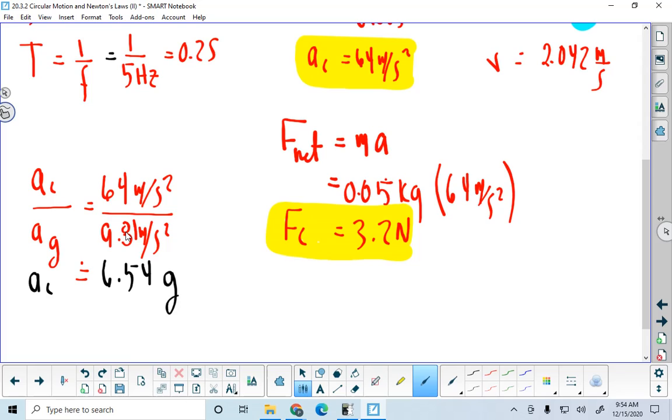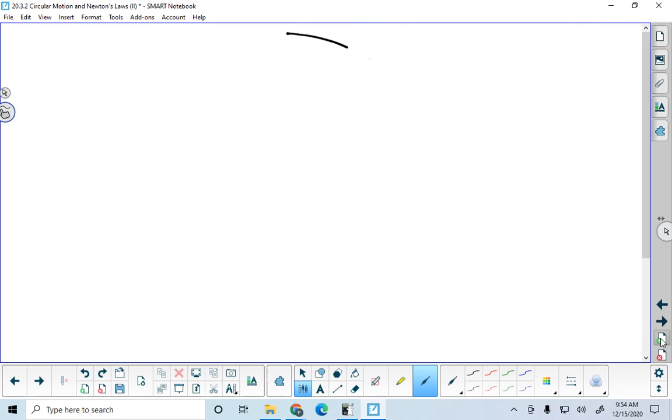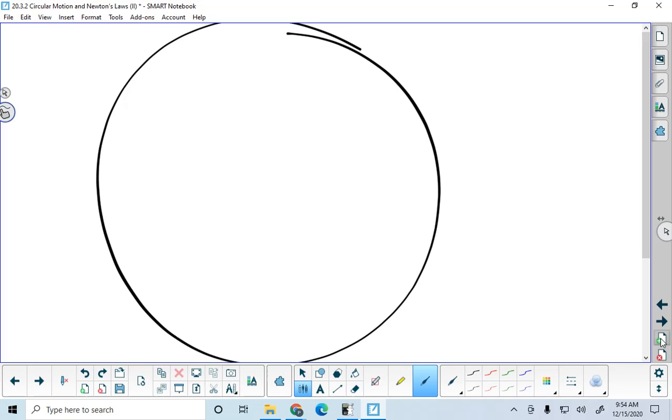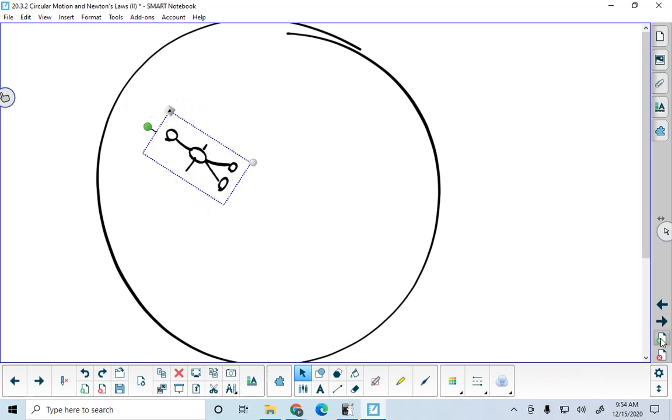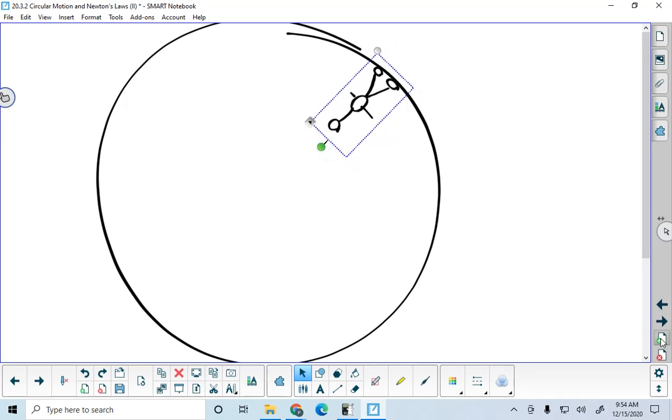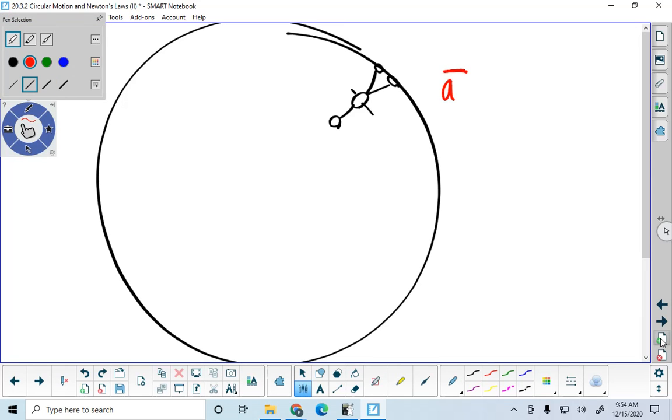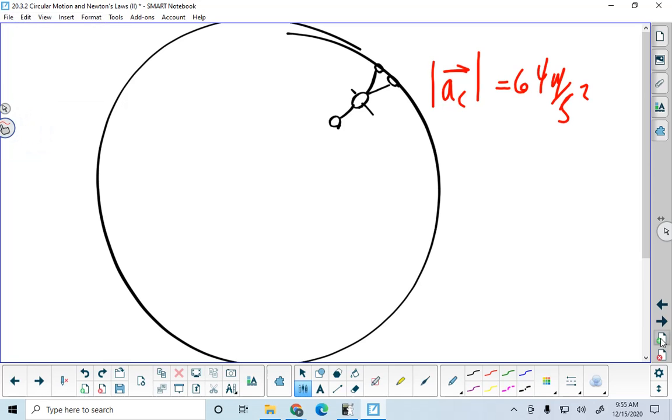It's 6.54 times greater than the gravitational field strength of the Earth. So if you were, this is going to be weird for you to think about, but if you were in a giant centrifuge and you were standing somewhere inside and it were spinning, and the centripetal acceleration was 64 meters per second squared, then you would be able to walk around on the inside of that, just